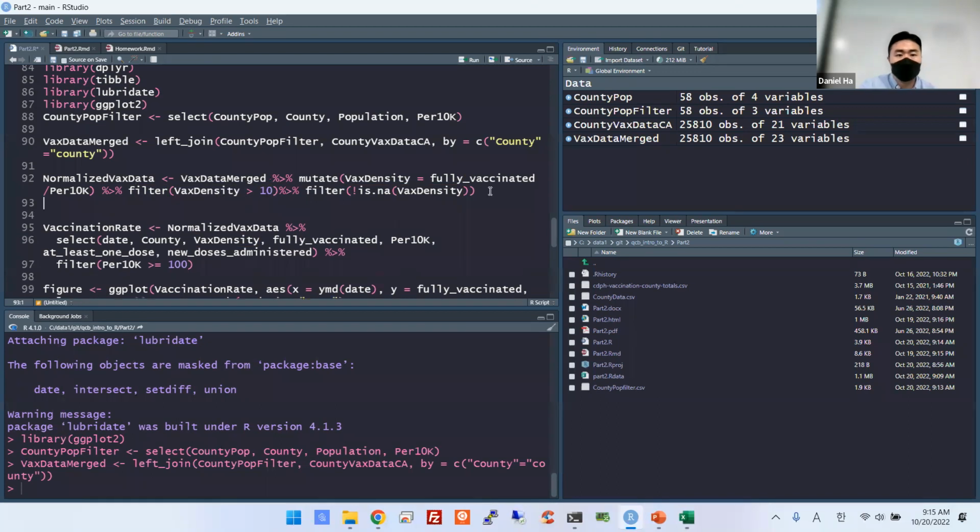And also, I guess I kind of forgot to teach you, you can also use mutate with the if else statement as well. So right now we're just using simple arithmetic functions, right? We're dividing fully vaccinated by the %k, but in some other cases you may want to categorize based on the value, right? So let's say